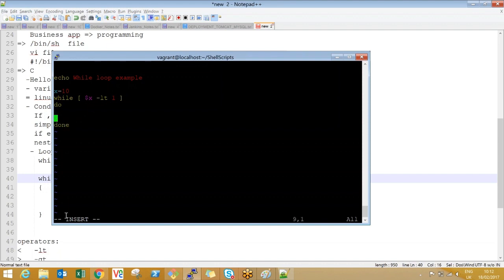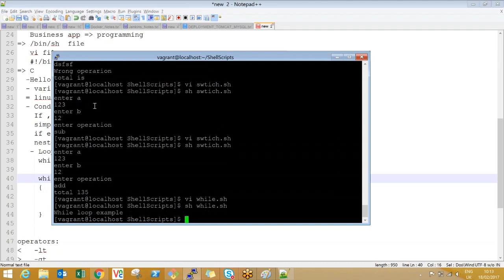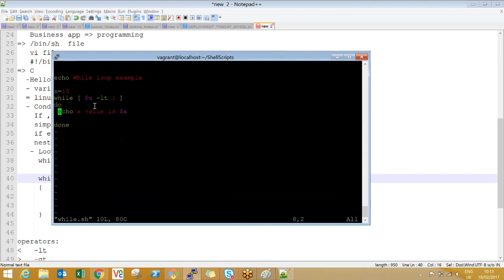This is the syntax in shell scripting. Echo its value is $x. Guys, is this condition true or false? $x less than 1, 10 is less than 1. Is it less than 1? No. The condition is false. See, it is not getting into your loop. It is not printing the statement because the condition is false.